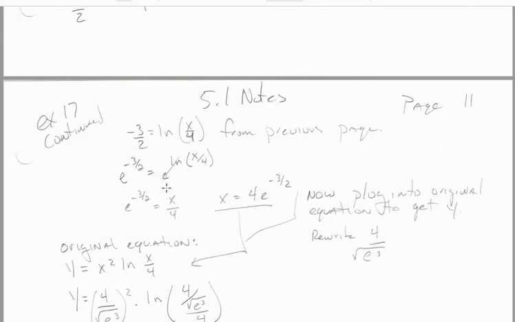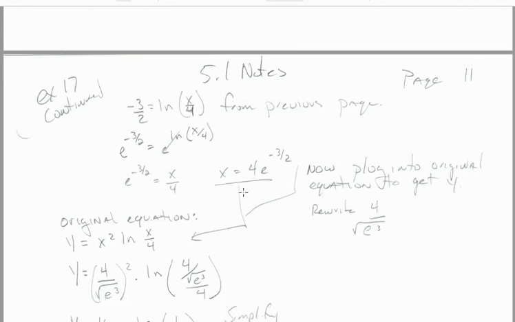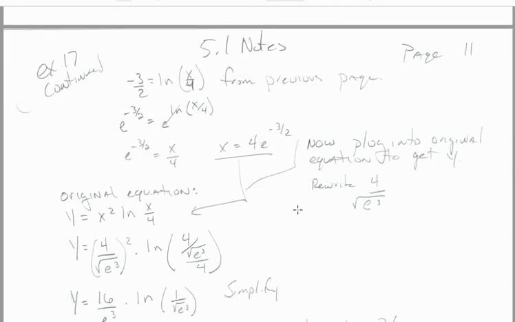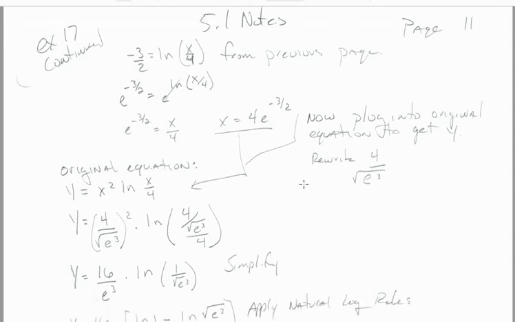So when we do that, okay, e and natural log cancel out, so I'm left with e to the negative 3/2 equals x divided by 4. I'm going to multiply both sides by 4 and get x equals 4e to the minus 3/2. That's our x value. We've got to find the y value. So when we do that, we have to take that x equals 4e to the minus 3/2, substitute it into the